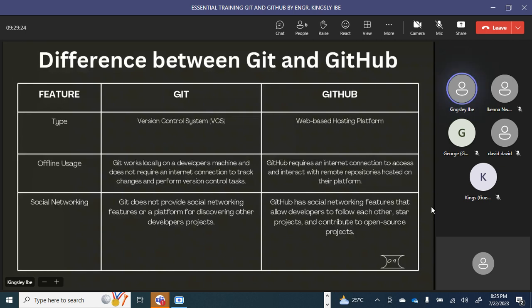Git runs offline, whether you have internet connection or not. You can do your development on your VS Code or whatever editor you are using, and still do your git add, git commit. It will still be on your machine until you have internet to push. But you cannot use GitHub without internet. But Git, you can still run your Git commands, and then it will still work, right? So